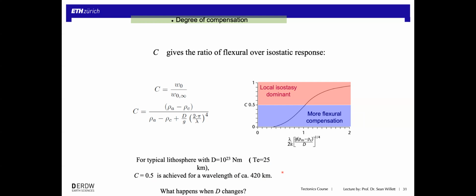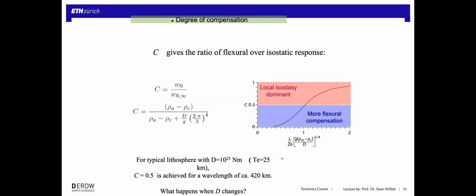And if it's loading the lithosphere with a wavelength of, say, 400 kilometers, 300, 200 kilometers, we're going to see flexural effects. That's where they're going to be important. If it's much, much shorter than 10 kilometers or something, it might not be compensated at all. But somewhere in this middle region, around these values, flexure is going to be important. Now, this